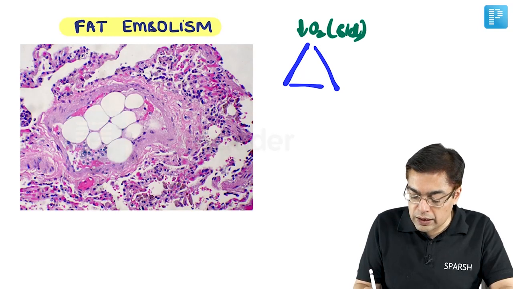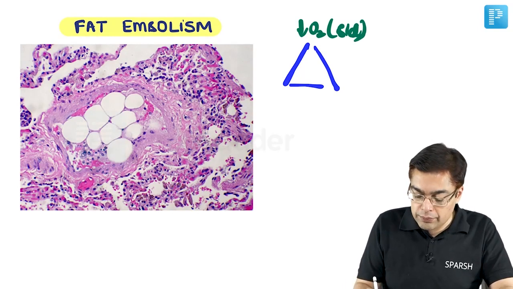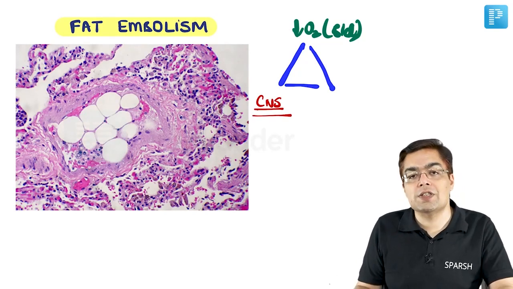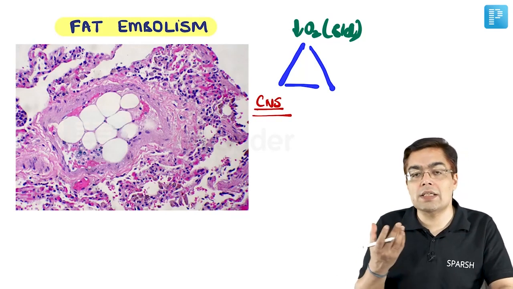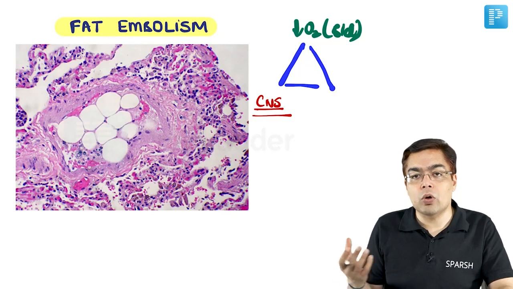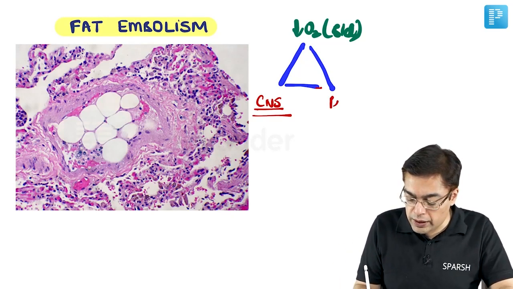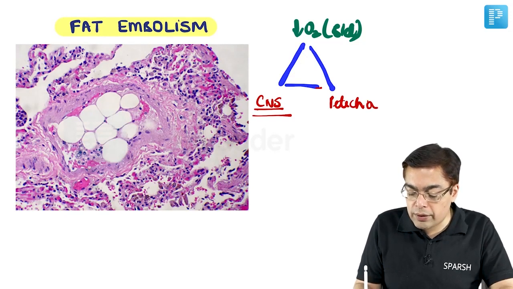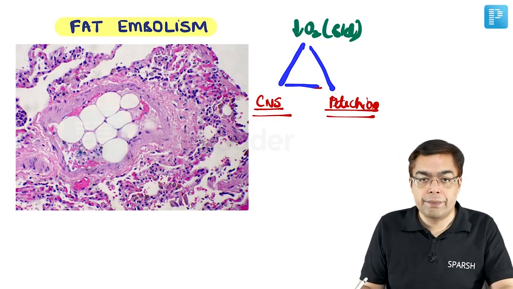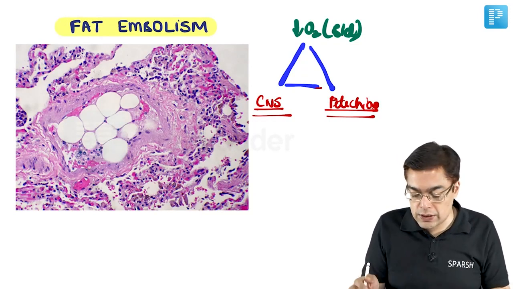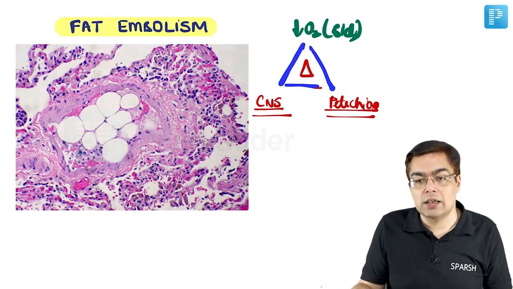So that is what is going to be given the name of hypoxemia. Fact number two, the patients are going to be having CNS manifestations or neurological manifestations in the form of development of dizziness, altered sensorium, or the presence of confusion. And fact number three that the patients are going to be having is the presence of dermatological manifestations in the form of development of petechial rash. So hypoxemia plus CNS manifestations plus skin manifestations in the form of petechial rash, that's a classical triad